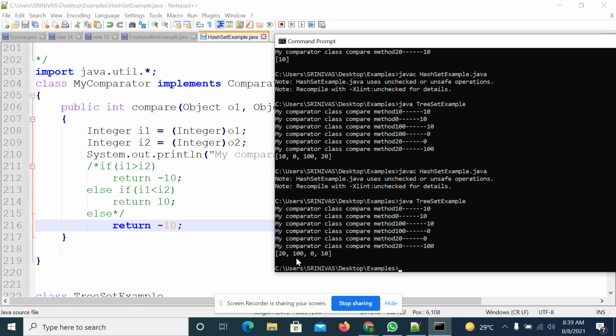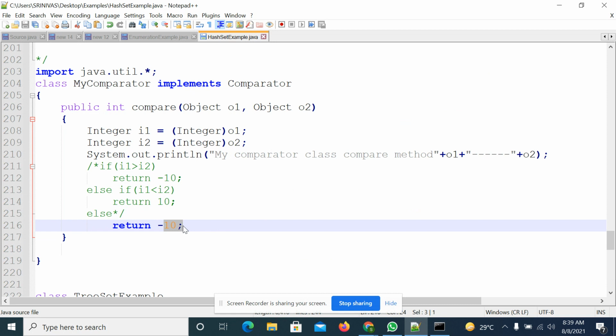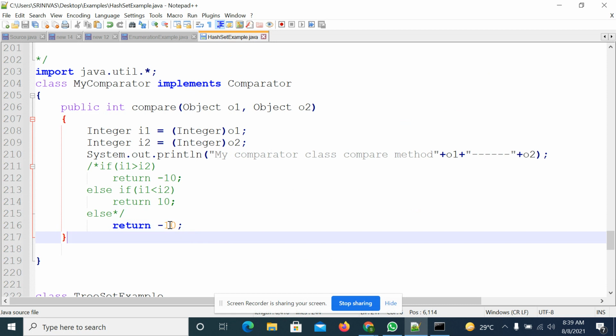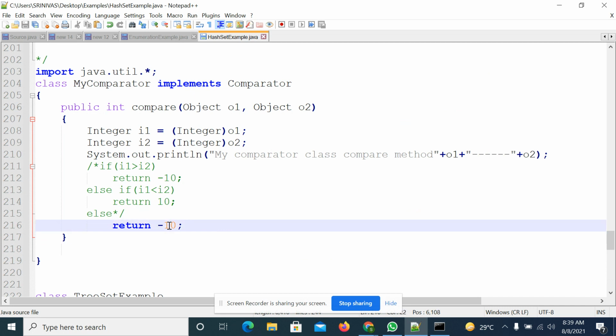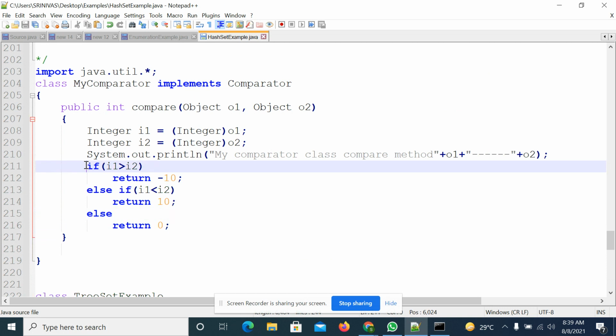So all these points are important in case of an interview, right? Suppose you pass 0, what is happening? Suppose you pass a positive number, what is happening? If you pass a negative number, what is happening? If you are passing only a constant value, what will happen? So if you pass like this, what will happen? If you have if-else statements, the data will be arranged in a proper way.